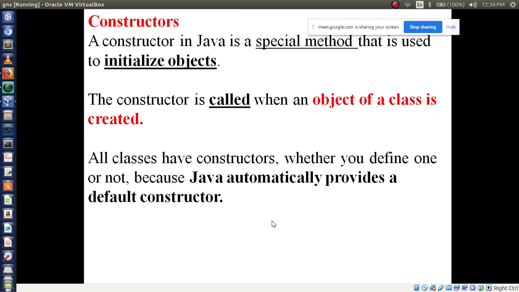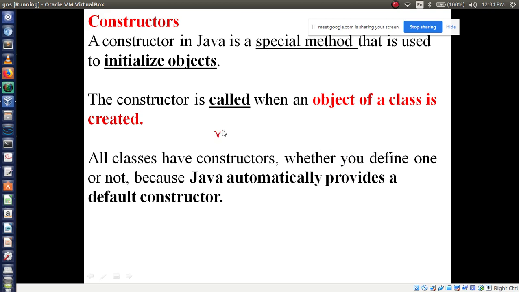It is a special method used to initialize objects, and the constructor is called when an object of a class is created. What do you mean by this?